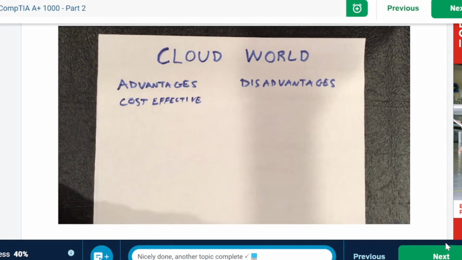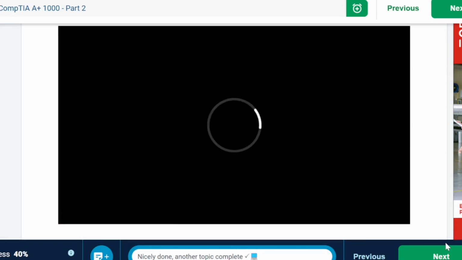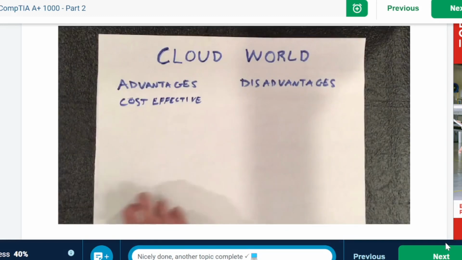So the main thing you want to start with is it's very cost effective. It's cost effective because you don't need a lot of high powered or high priced computers as far as using the web-based applications. And then you don't need a significant amount of processing power or memory. So that's important.